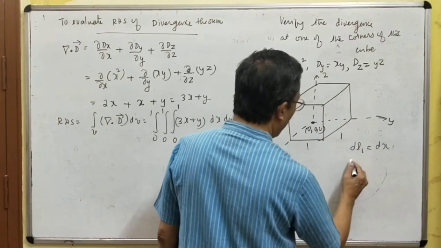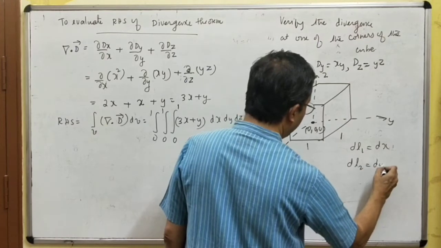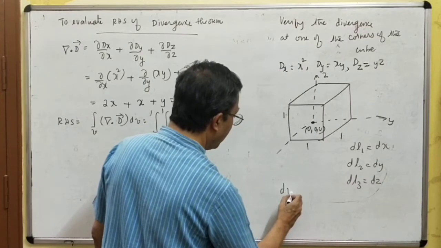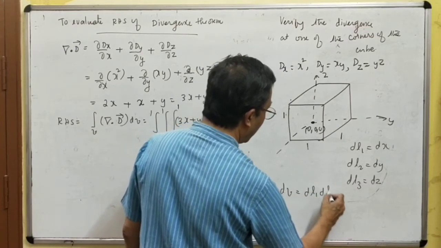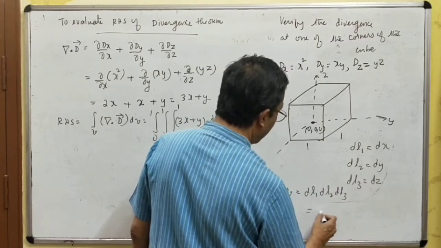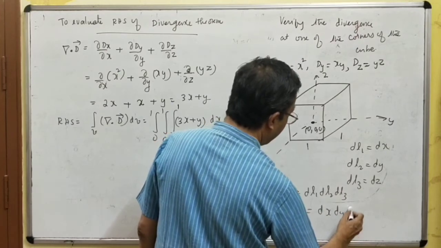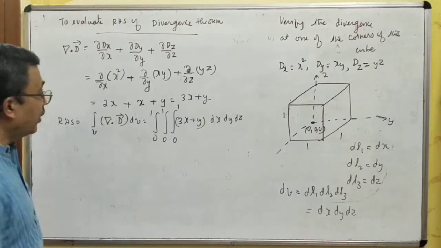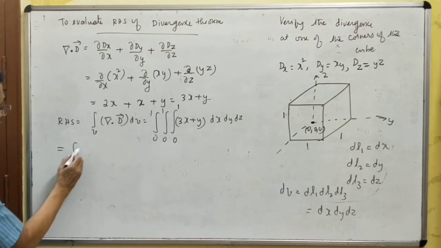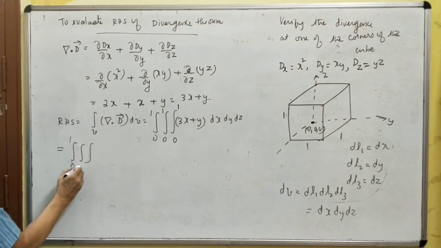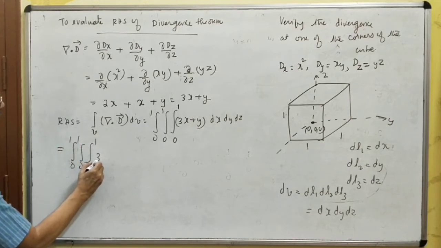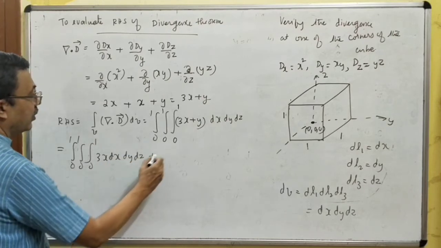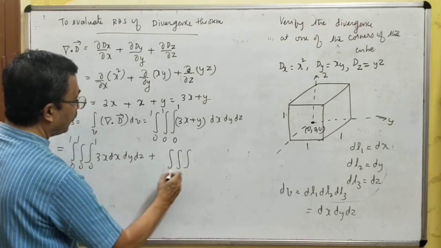In a Cartesian coordinate system, what is dl1? dx. What is dl2? dl2 is dy. What is dl3? dz. So what is dv? dv is nothing but dl1 into dl2 into dl3. That gives us dx, dy, dz. That is why I have written dv as dx, dy, dz. Split this into two integrals. First integral is 3x dx, dy, dz